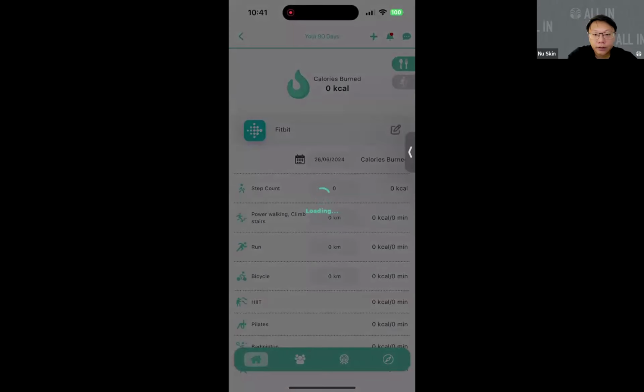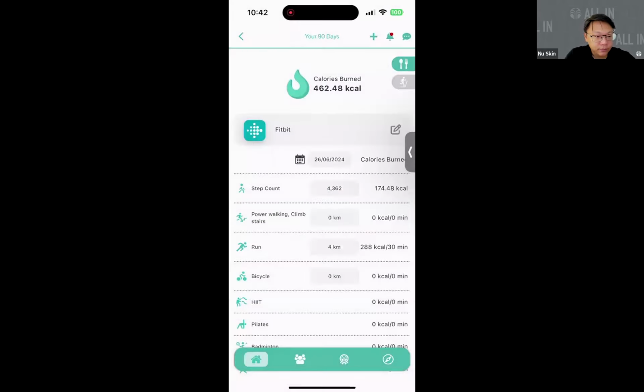Okay, simply click on the icon that is below the fork and spoon. Okay, and you should reach this page. Sorry, give that. It's loading. Okay, so this is the page over here, and you can see that